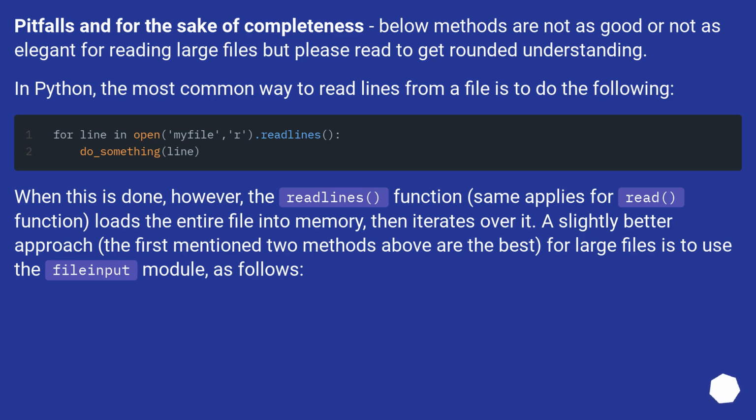Pitfalls: for the sake of completeness, below methods are not as good or not as elegant for reading large files, but please read to get a rounded understanding. In Python, the most common way to read lines from a file is to do the following. When this is done, however, the readlines function, same applies for read function, loads the entire file into memory, then iterates over it. A slightly better approach, the first mentioned two methods above are the best for large files, is